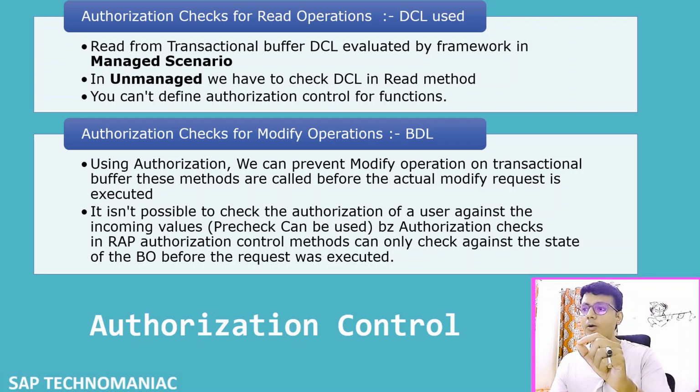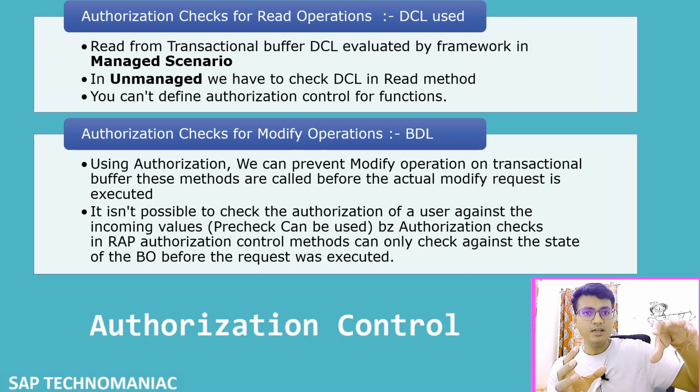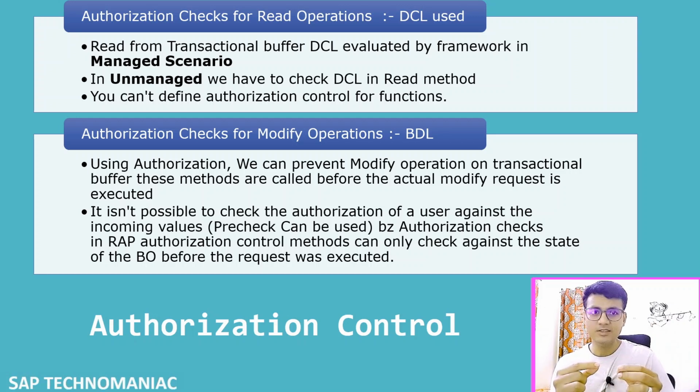Now we talk about the modify operations. If you know from my previous videos, we always do modify operations on the transactional buffer, and during the save sequence we pick the data from the transactional buffer and save the data in the database. So before modifying the data in the transactional buffer, we have to check the authorization. So this authorization is always checked